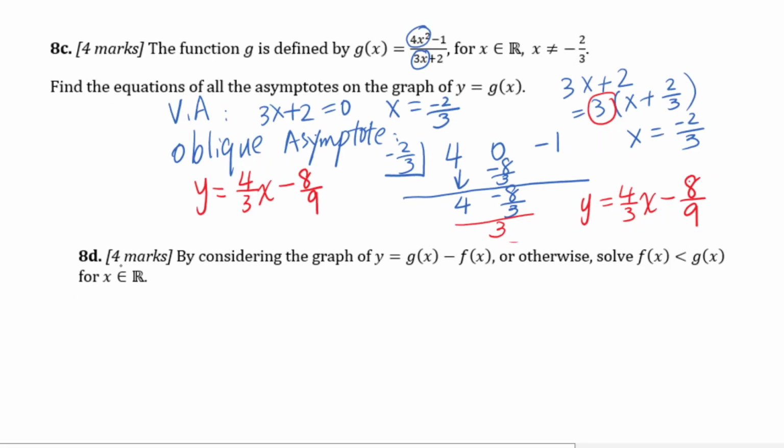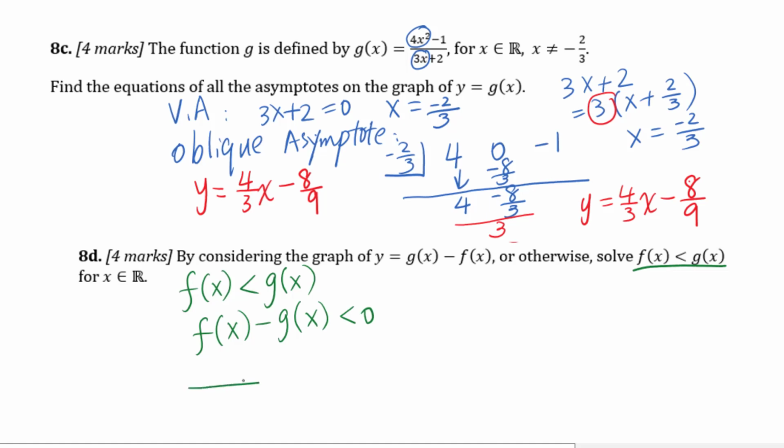For 8d, by considering the graph of y equals g of x minus f of x, or otherwise, solve f of x less than g of x. We want to solve f of x less than g of x. Change into f of x minus g of x less than 0. f of x is (3x plus 2) over (4x squared minus 1), then minus (4x squared minus 1) over (3x plus 2)